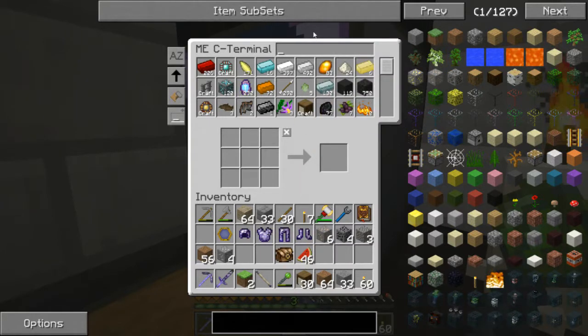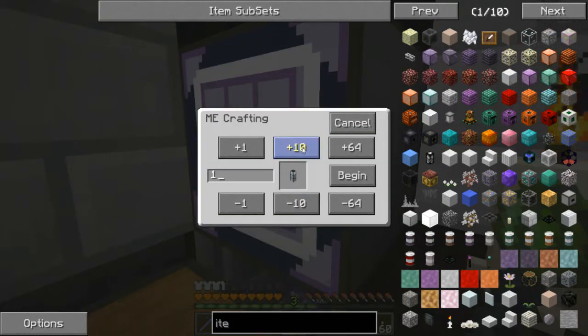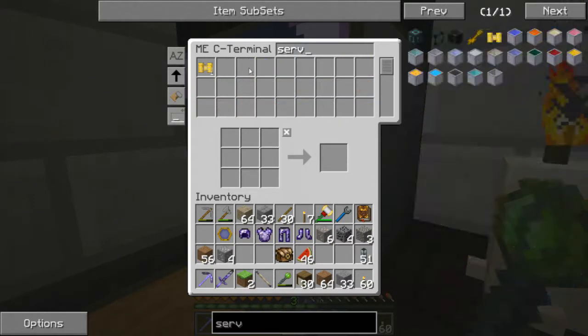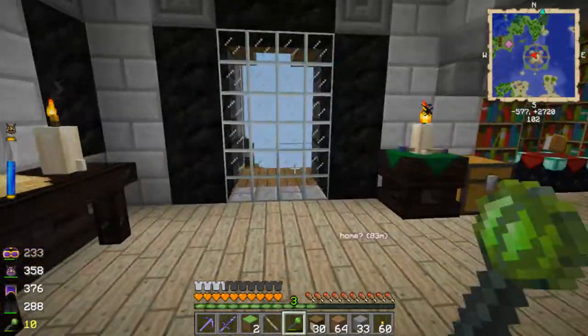I'm also going to need some item ducts. Here we go. Going to need more than that. So make around 10, 20, 30, 40 of them. And there we go, 42. That should be enough. And I'm going to need a pneumatic servo. Should have one. Yeah, there we go. So I'm going to take all this stuff, and I'm going to head over to my...